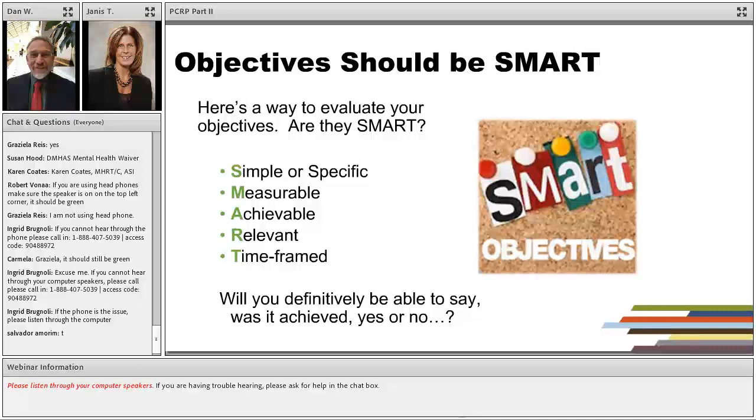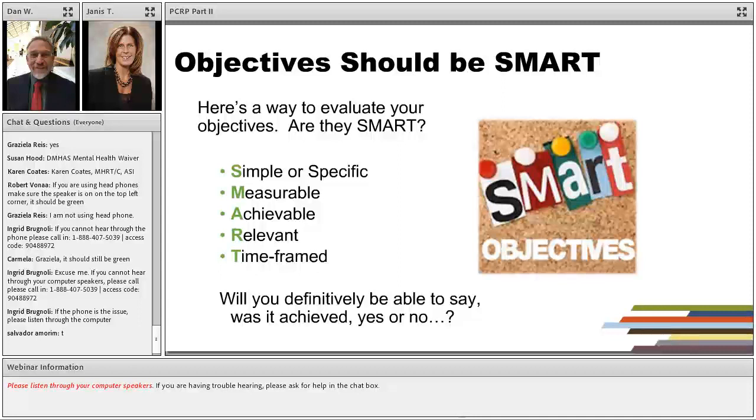We often talk about, again, just the simple, the specific, the straightforward. You want them to be concrete enough and measurable. You want to have them at just the right level. You want them to be ambitious enough that they feel meaningful, but not so ambitious that the person isn't going to have a likelihood of success. And you want them to be relevant. You want them to be addressing a target area that's interfering with a life goal. And last but not least, you want to think about a time frame or a target date.